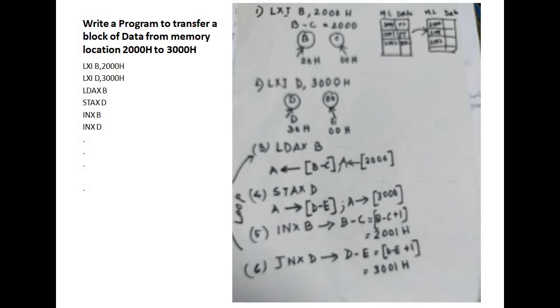When you do the block transfer program, then you will understand why you prefer indirect addressing mode. Whenever you want to work in a loop, because every time you do programming, in almost all cases you have to put the program in loops. If you want to put the program in loops, then you can't use direct addressing mode. You have to always use the indirect addressing mode. Understood? You will get this clear when we proceed towards the programming section. Okay, I think the basics are clear: what is LDAX, what is STAX, what is LDA, what is STA, what is direct mode, what is indirect mode, all the basics.